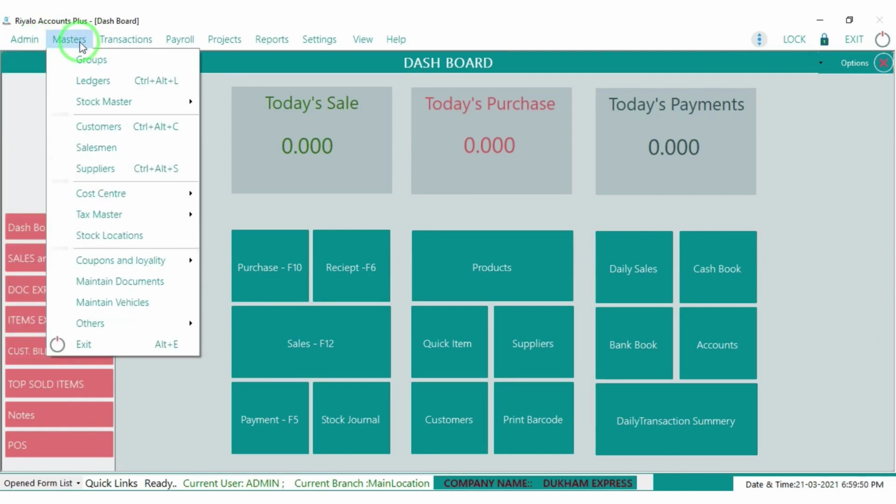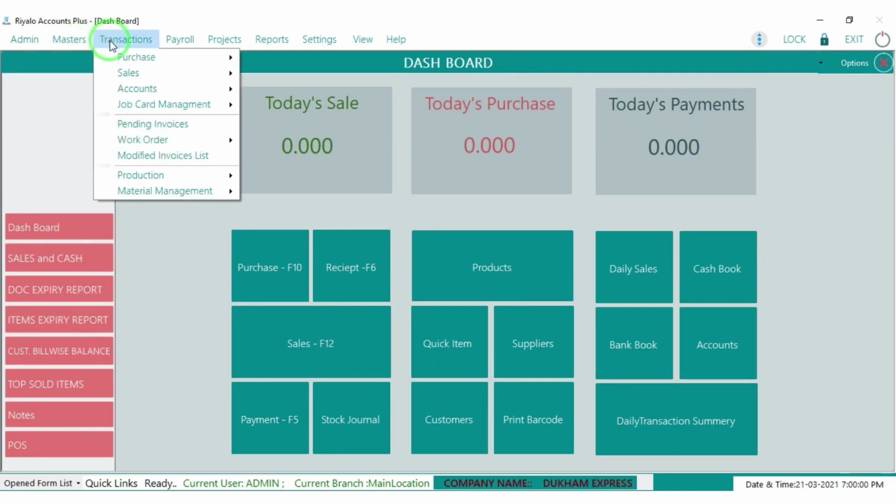The master means master creation like stock, ledgers, groups, categories, locations; all the master entry is based on the masters. And the transaction is basically all the transactions done by a firm, like purchases, sales order, purchase order, accounts like receipt, payments, job card details, work orders, and if you want to enter any production details, it is based on the transaction.